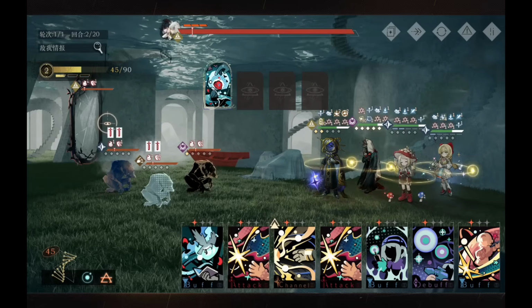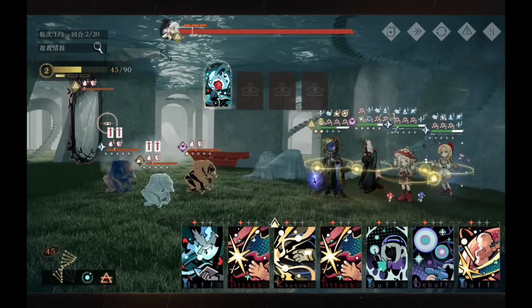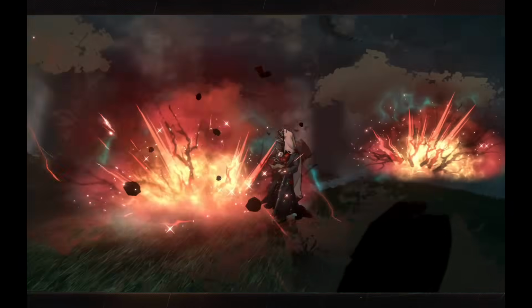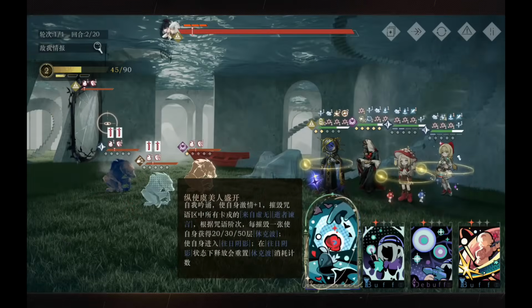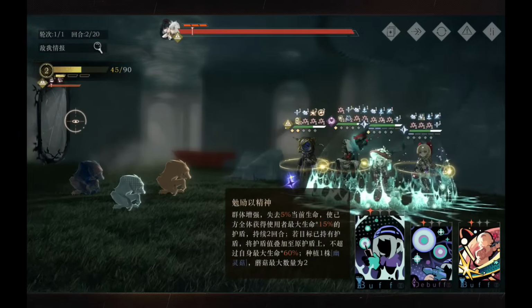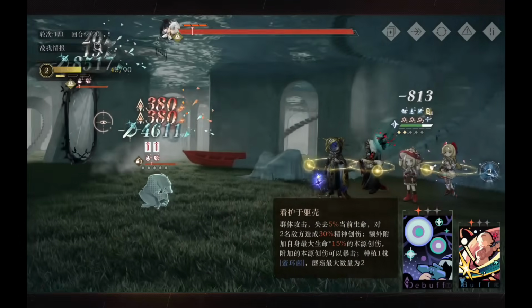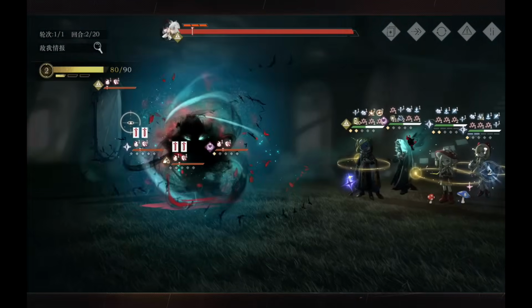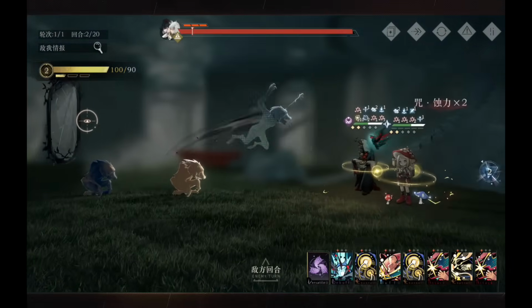So here I'm gonna do this. Okay, 20 from here, 20 from here, and another 20 from here. That's already more than enough. So here I'm just gonna use other incantations. Okay, boom, there you go, 2 rounds. All right,